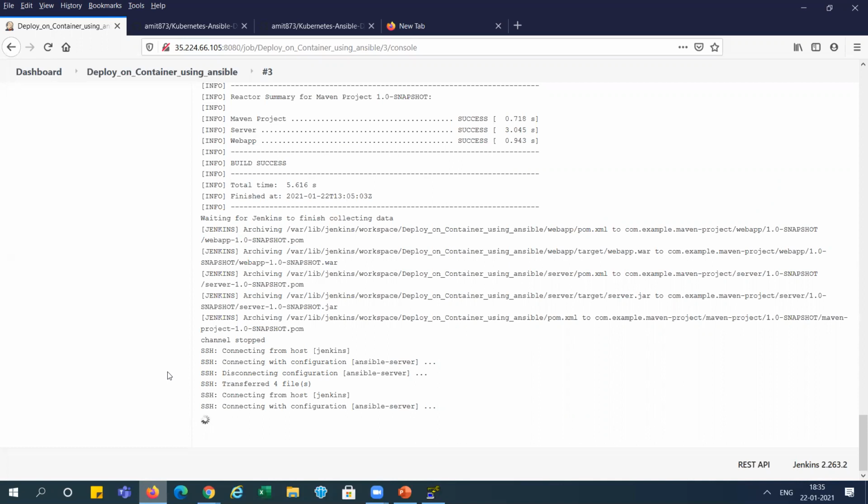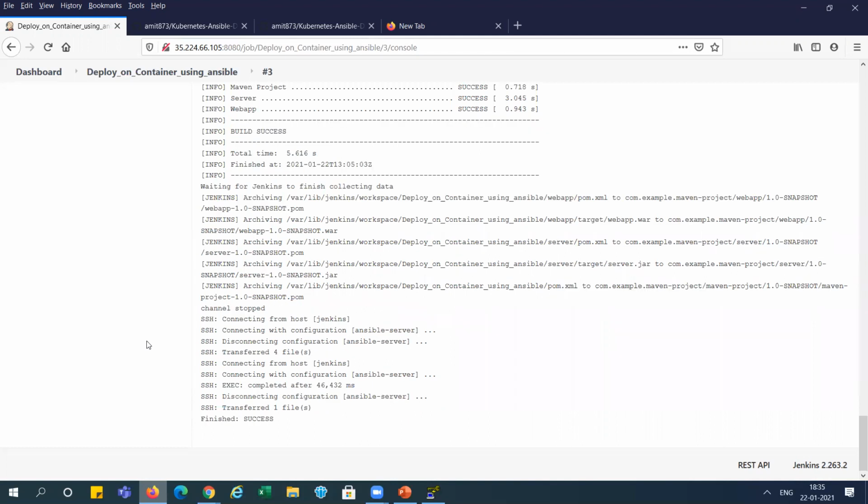We will go and update our website. So it is automatically doing every activity after checking the code in GitHub. All the processes started, and still it is working. You can see success, finished.